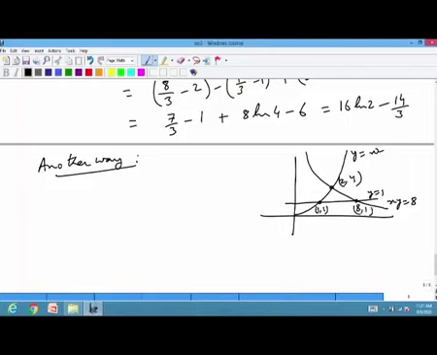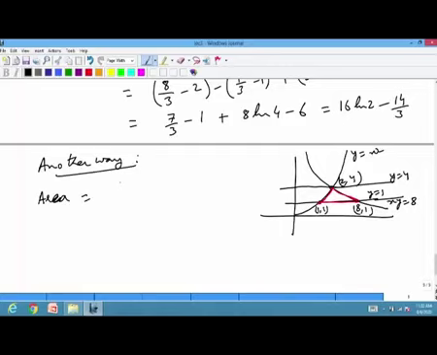Now, here you can see that this region is bounded between these two lines, y equal to 1 and y equal to 4, and the left curve here is y equal to x square and the right curve is y equal to 8 by x. So, this area